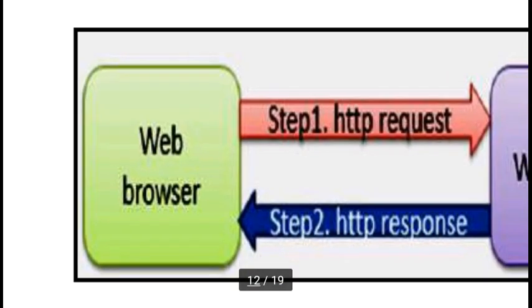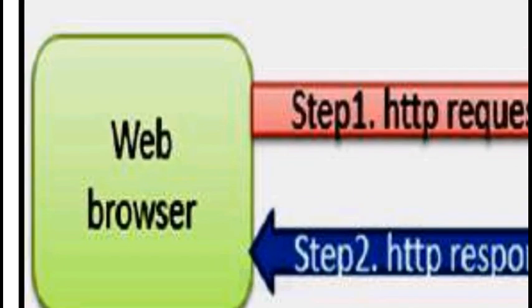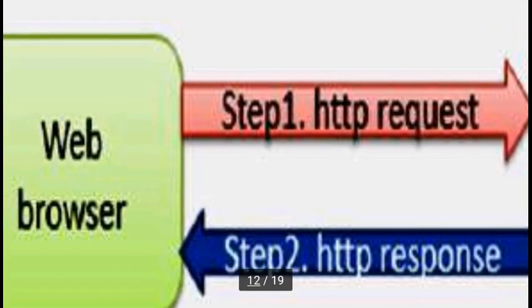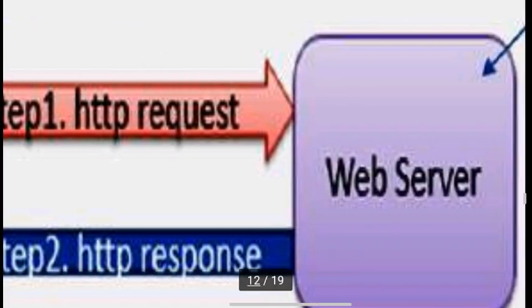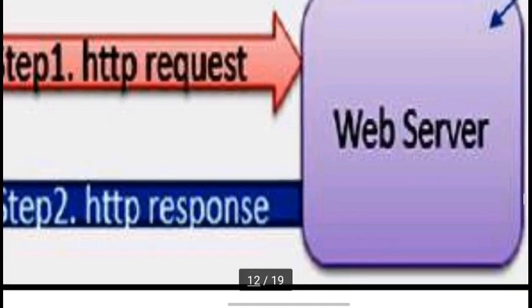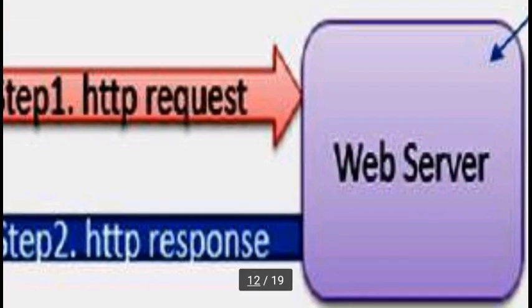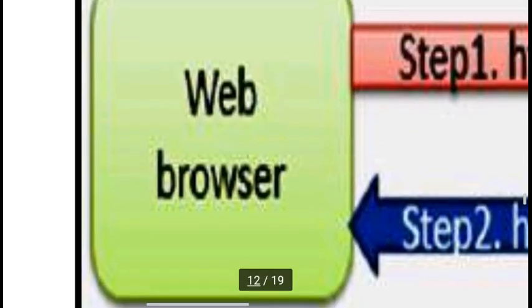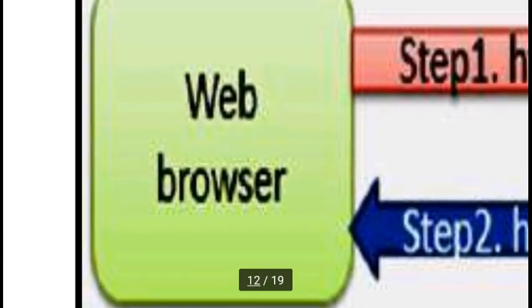First we open Google Chrome, and in the address bar we can type the URL of any website. One protocol is working for the website, the HTTP protocol. The HTTP request moves to the web server, which searches for this website, and in response, an HTTP response comes back and you can see the result in the web browser window.